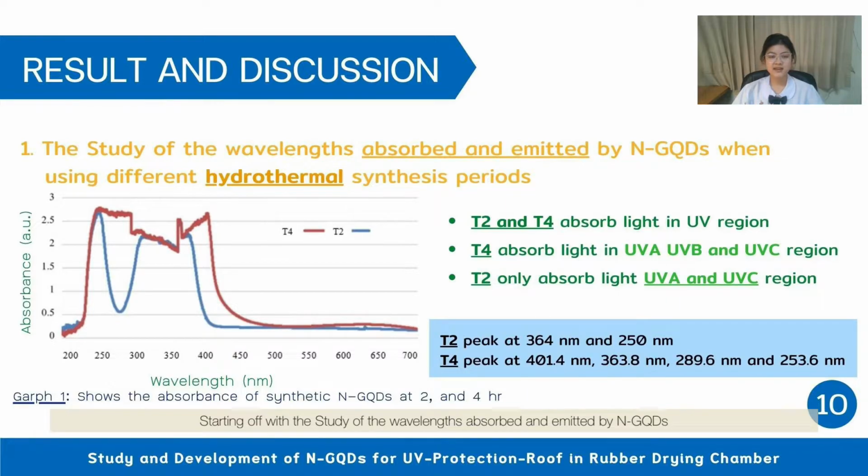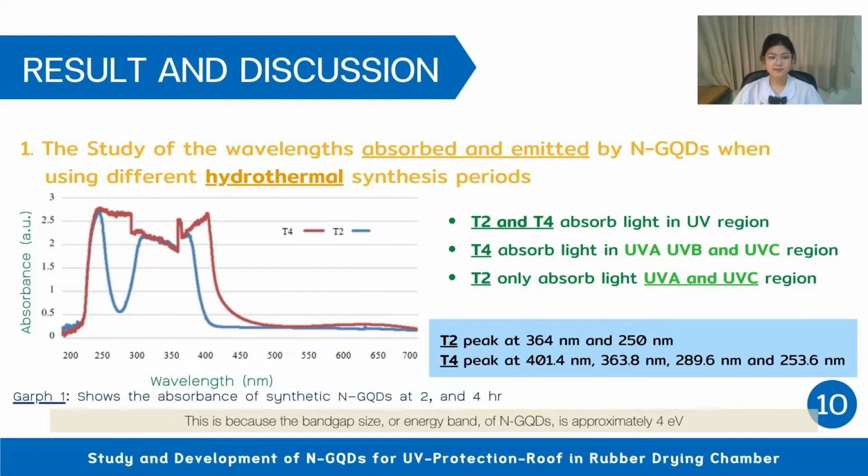Starting off with a study of the wavelengths absorbed and emitted by nitrogen doped graphene quantum dots when using different hydrothermal synthesis periods. Graph 1 shows that T2 and T4 absorb light in the UV range. The graph also shows that T4 had a wider absorbance range and both had the greatest absorbance in the UV